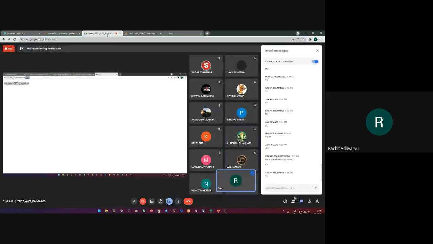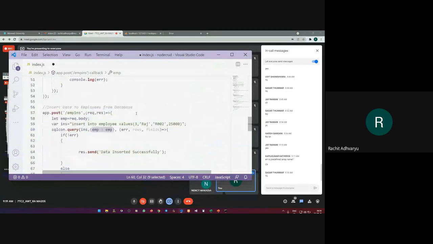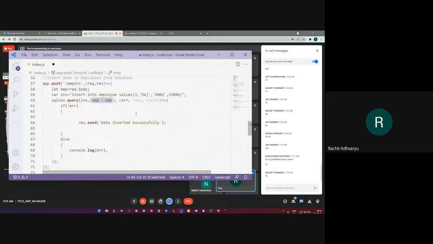So whenever you are working with Node and you are using any other methods other than get, then you require an API executor. You require an API executor to execute all your DML queries. Only select can be executed directly on your URL because it is a get method.